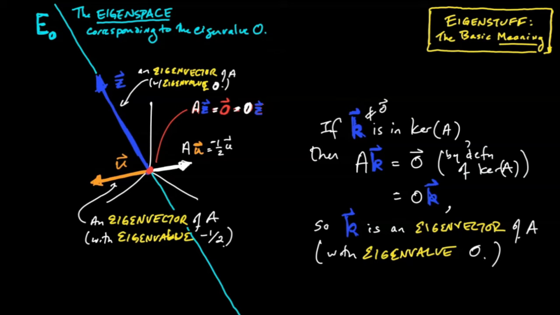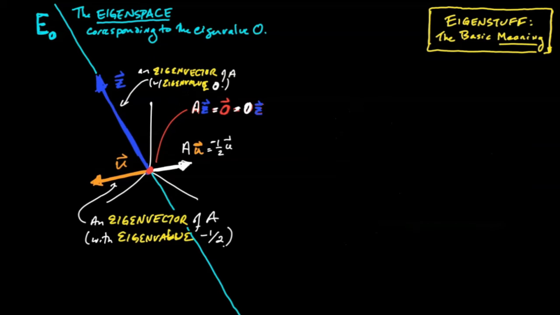And at this point, you could be forgiven if you objected that this is totally superfluous terminology. We already have a name for this thing. It's the kernel of A. Why give it a second name? Well, we do this because it turns out that every eigenvalue of a map, not just eigenvalue 0, has an associated eigenspace. And usually we don't have special names for those, so we do need a new name for them. Well, I've just made a very strong claim, so I'm going to need to back that up with some justification.